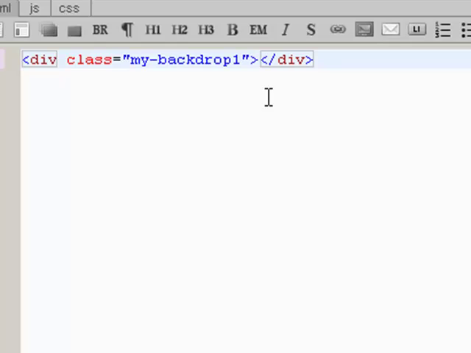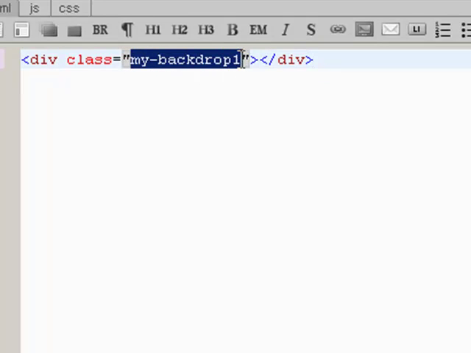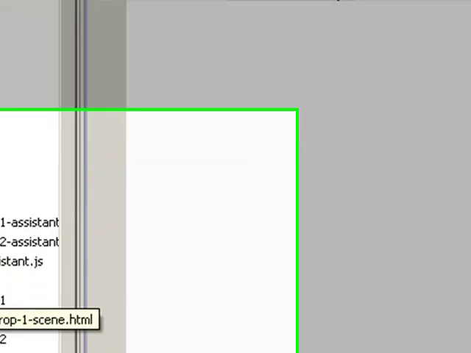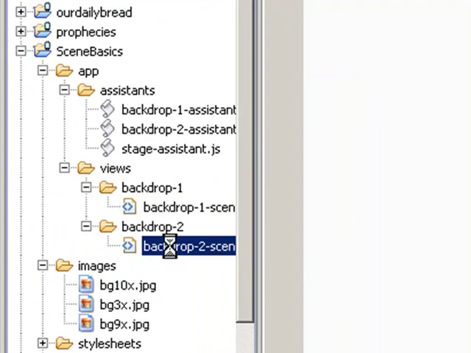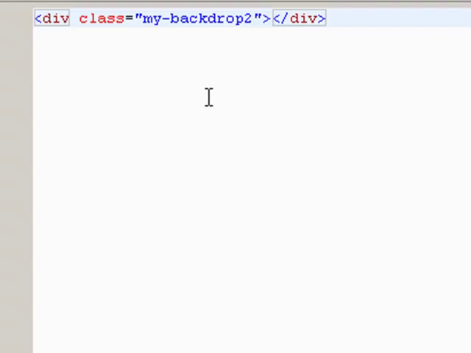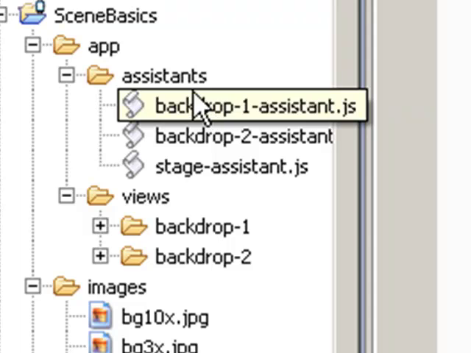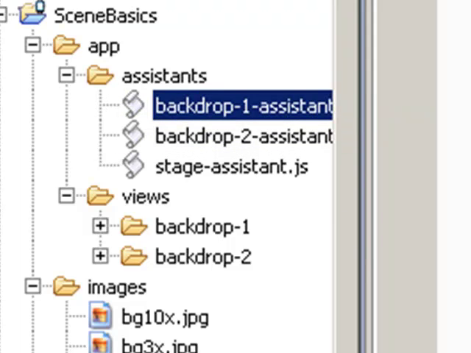But if I take that out and I just have the class in here, which is called my backdrop number 1, and then in the other scene I have my backdrop number 2. You see the 2 right here, and what I've done is I have 2 scenes. I have my